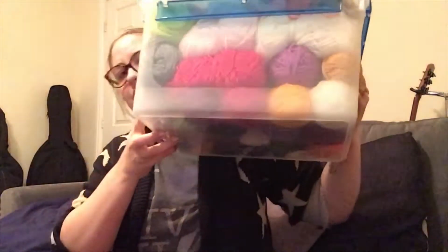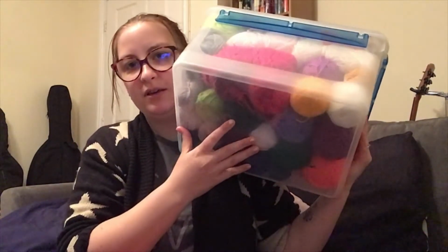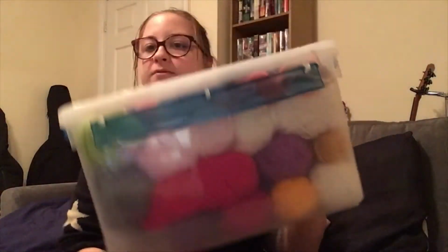So I've got this box full of kind of ends of balls of yarn, and that's just some of my scrap yarn that I've got. I've also got a bag over there just full of odds and ends, and it all seems to be DK weight. I don't know why, but I didn't know what to do with it, and then I thought, you know what, I'm just gonna make myself a scrappy blanket